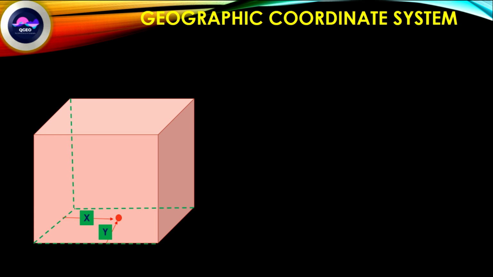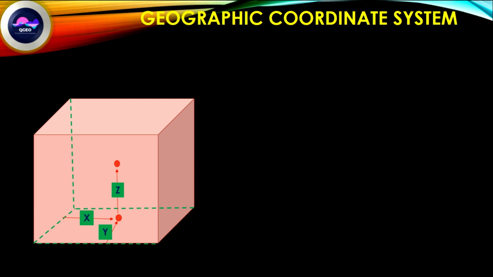Geographic coordinate system. In case of plain paper there is no problem: x and y values put a particular point. It is considered in a Cartesian coordinate system. But when we consider the three-dimensional space, their z value, that is x, y and z, three values are required to determine a particular location of a point.